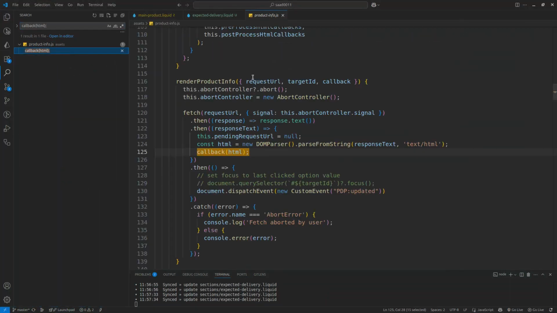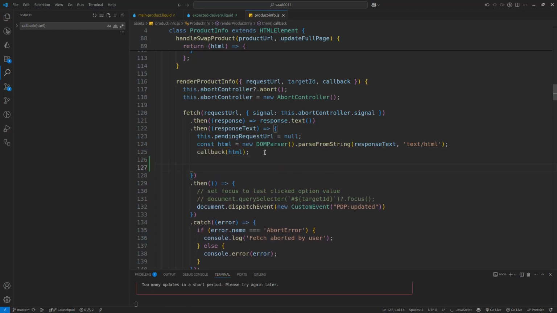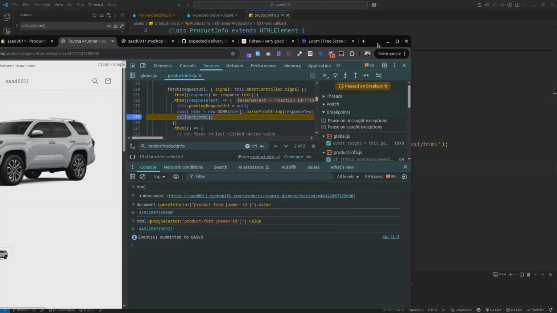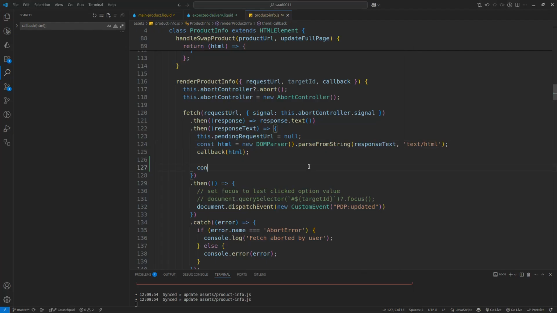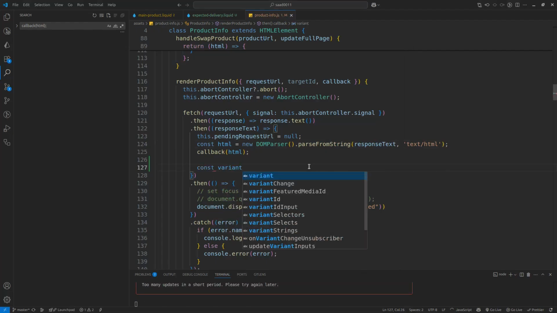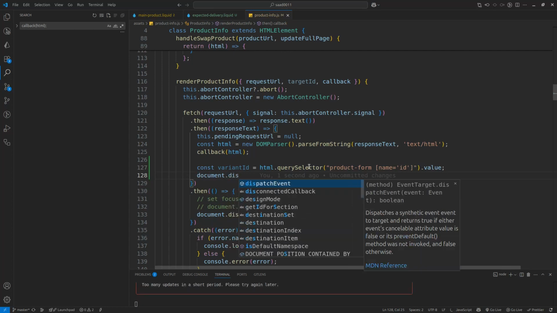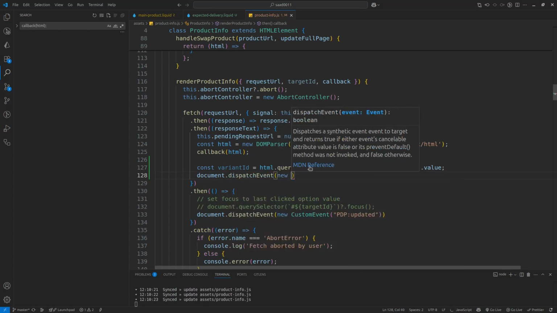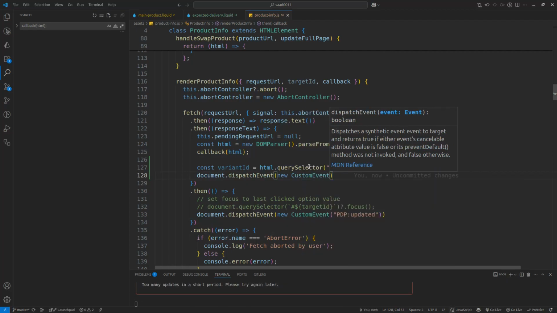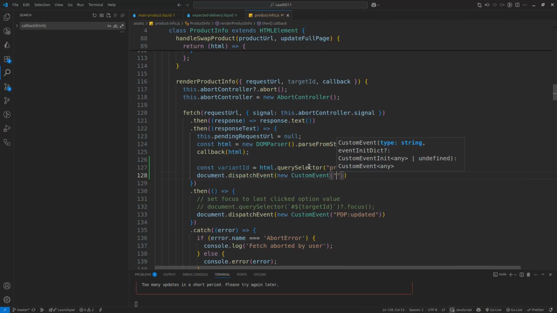I have made the global search. You can see that, and from here we can get the variant ID like this. We can get the variant ID like this: const variantId. And from here we will be dispatching a new event on the document: document.dispatchEvent, new CustomEvent, variant:updated, and from here,